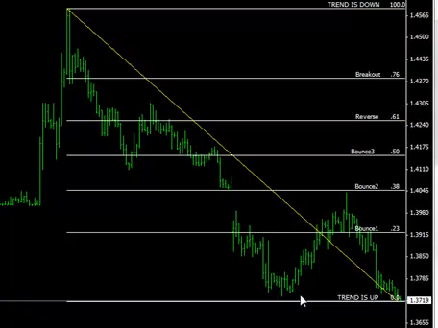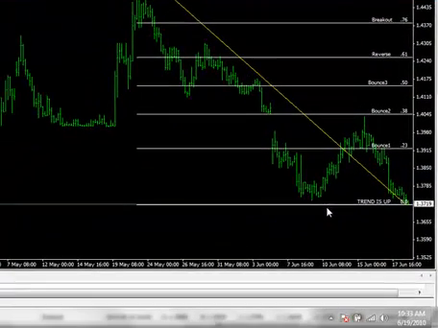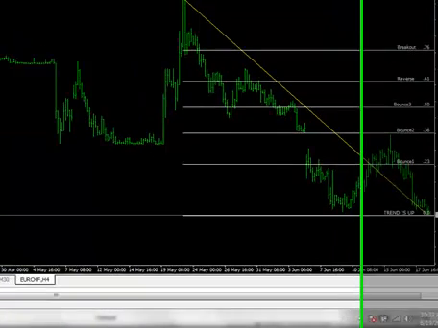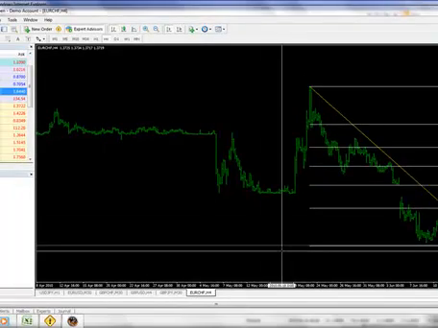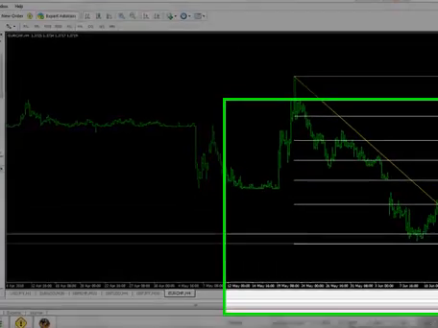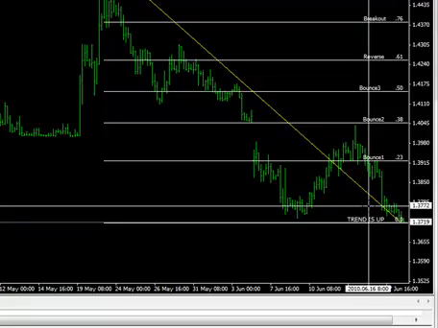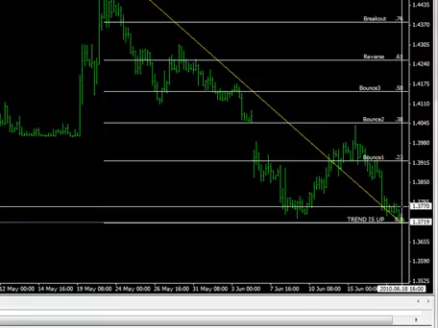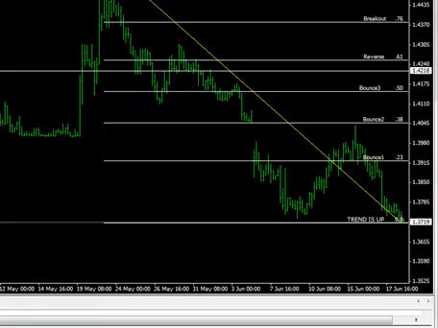Alright, now the second thing I'm going to look for is the 4 hours, to see if this price is close to a support level, which is here. It is, but remember that was on the 17th, so today is the 19th. On the 17th, this is about right here, we were to sell at 1377 around here. So the pair has already moved down according to the alert. The way I did trade this,